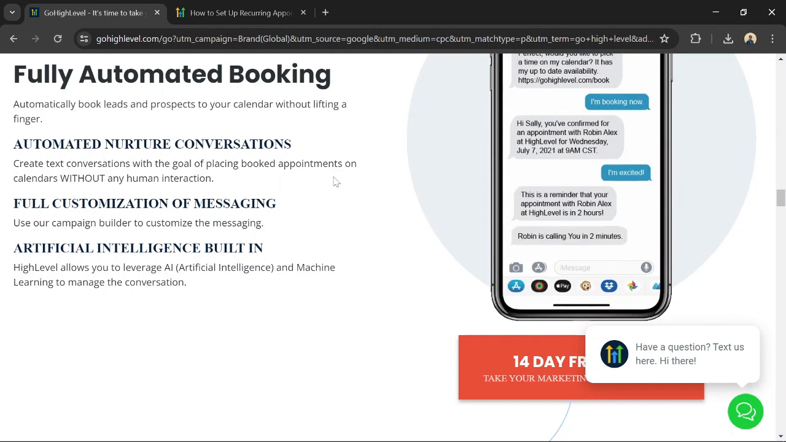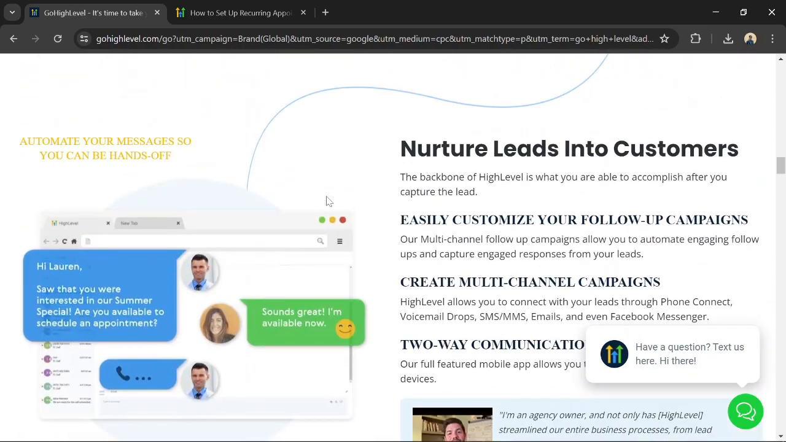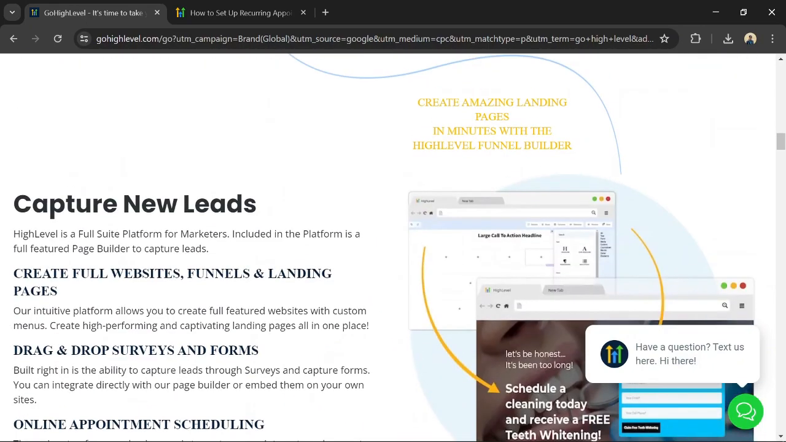By following these steps, you can effectively use HighLevel to manage and streamline your appointment scheduling process, improving the client experience and